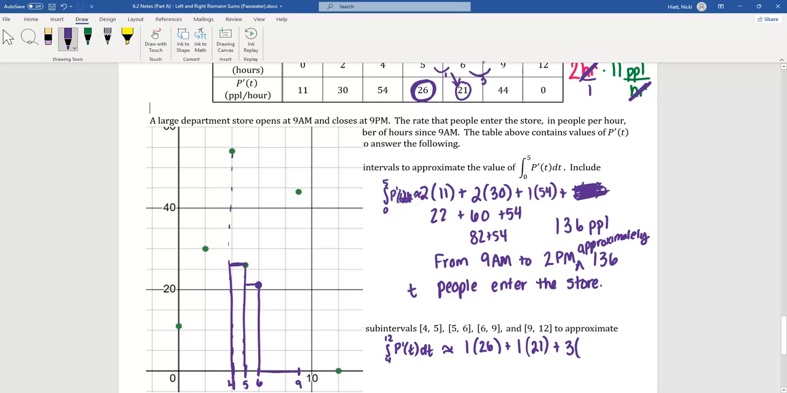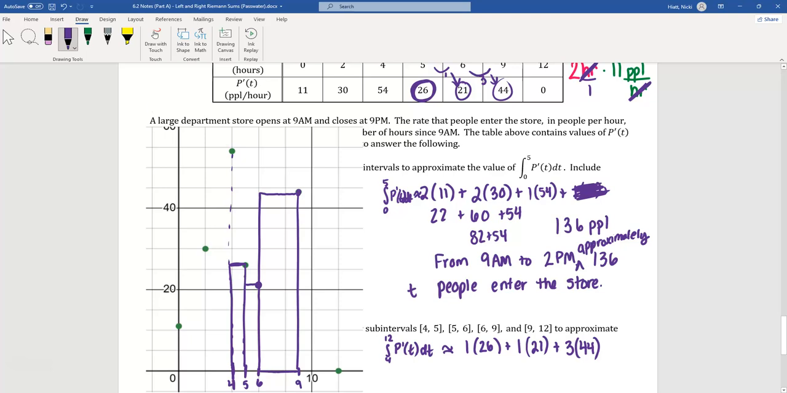And then I want the right end point to be on the graph. So I'm going to draw this rectangle right here. So I have 3 times, what's the height of this rectangle? It is 44. And then the last one's weird on the graph,